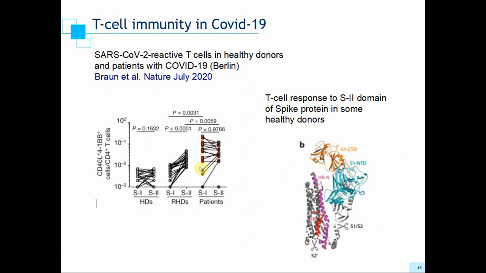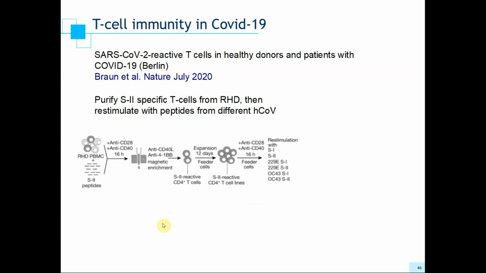So the people who respond have a T cell response to the S2 domain, not the S1 domain. Then what they wanted to do was test the hypothesis that these S2-specific T cells are actually cross-reactive with antigens from the endemic human coronaviruses. So what they did was they stimulated these T cells with peptides from the S2 domain, sorted out the specific T cells, cultured them, and then re-stimulated them with different peptide pools,